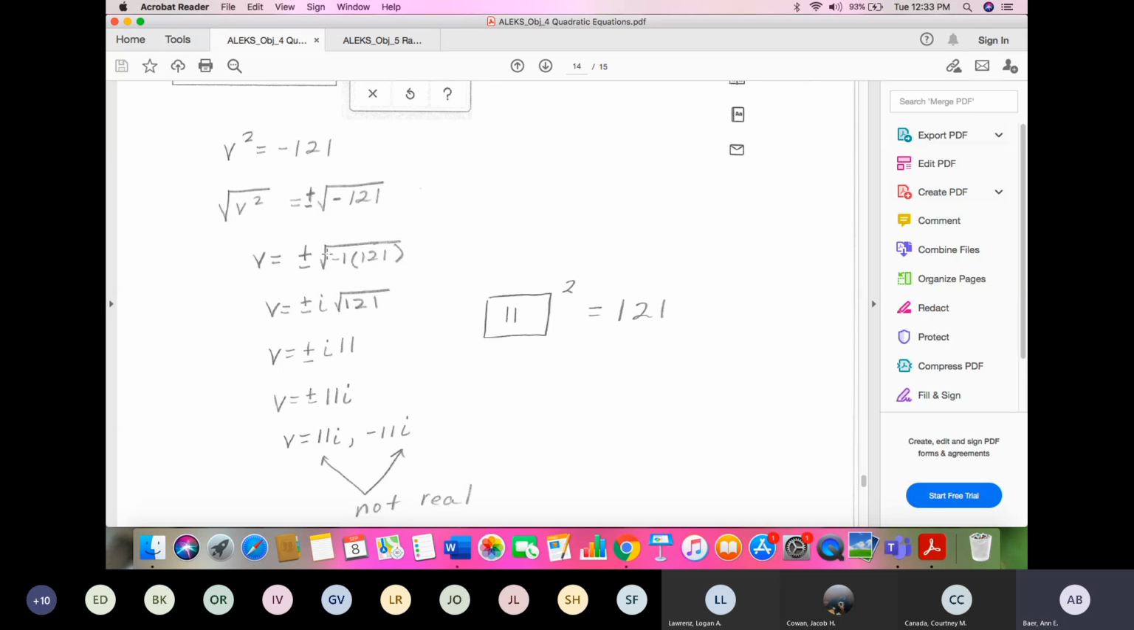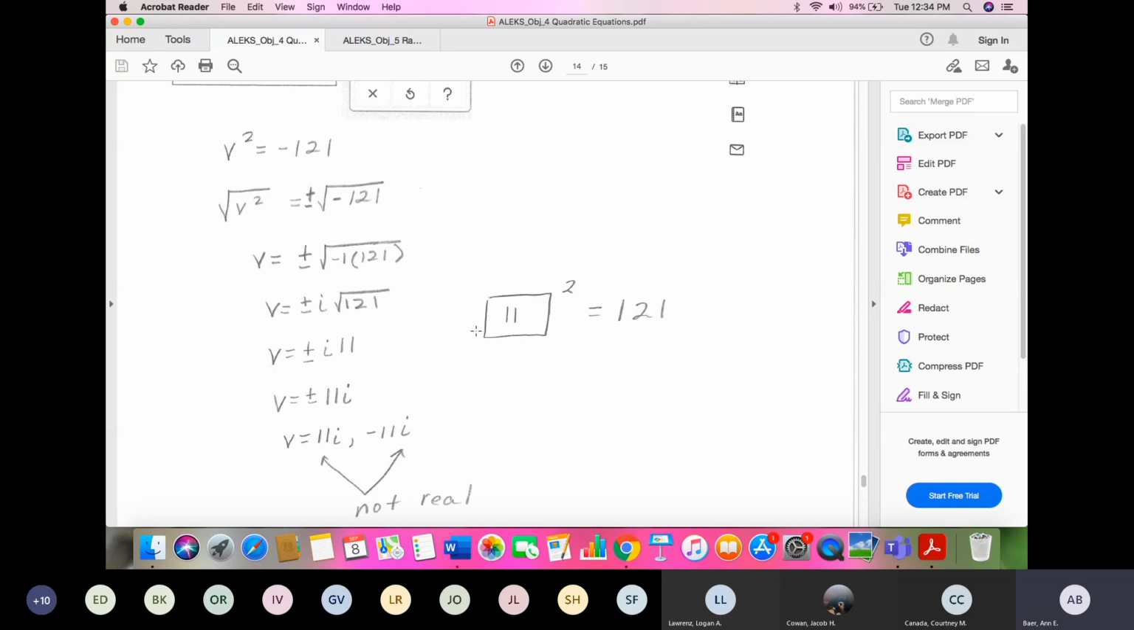This square root of -1 here is i. Square root of 121, it's 11. If you just keep going, 10 squared is 100, that's getting close to 121. 11 squared is 121. You could do 11 times 11 on your calculator. 11 times 11, 121. So since 11 squared is 121,